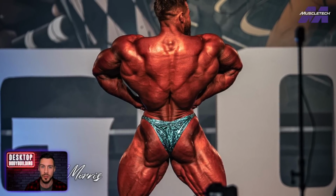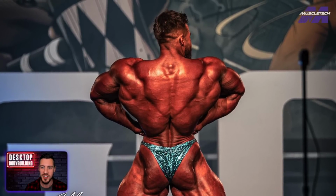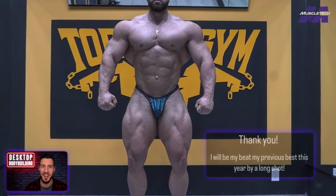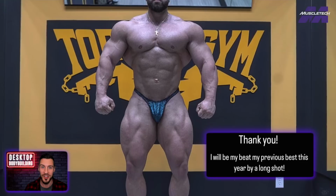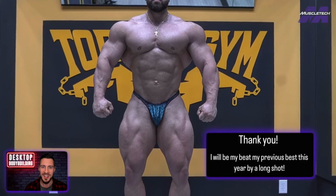So if he can come in really good condition this year, if his biceps are maybe a little bit more peaky, a little bit more conditioned, he's really going to have more of a complete physique. And this guy's a pro contest winner, and he's really responding to those comments from Nick Walker. And I hope that almost gives Regan a kick and hopefully gets him into that full-time bodybuilding, all-out sort of routine,